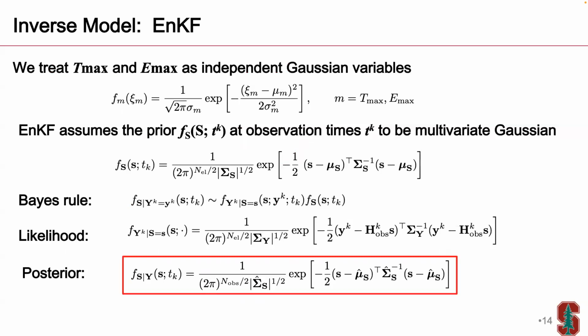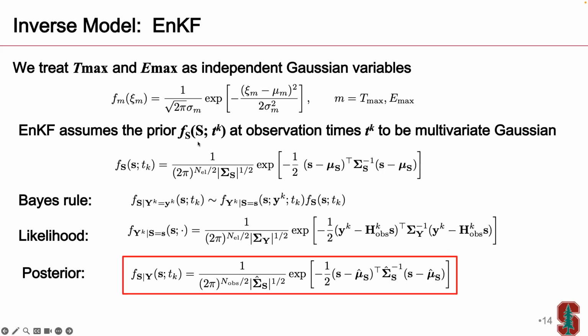And we treat the Tmax, the potential transpiration rate, and the maximum evaporation rate Emax as independent Gaussian variables. And so we could get samples. We draw several samples of these values of Tmax and Emax,